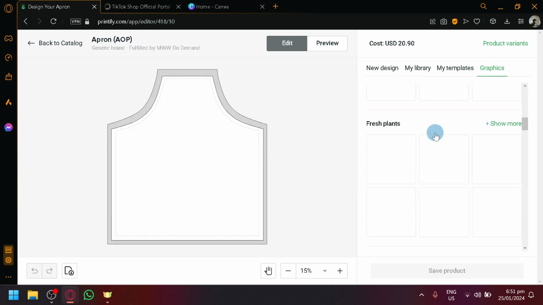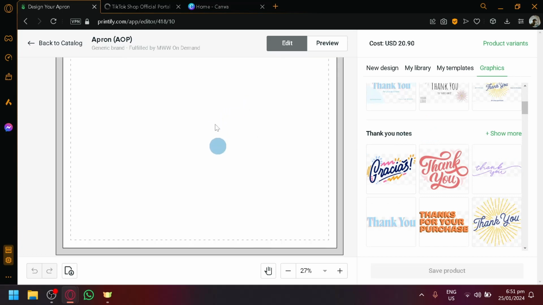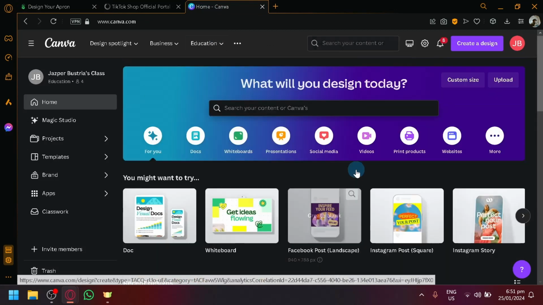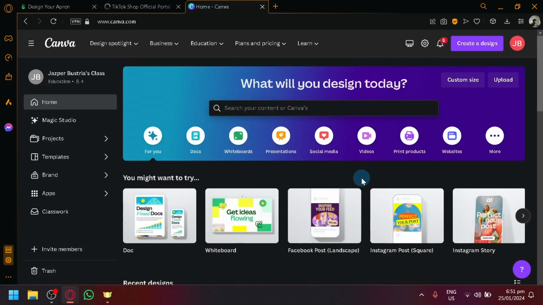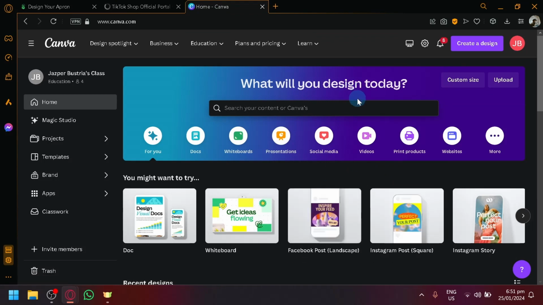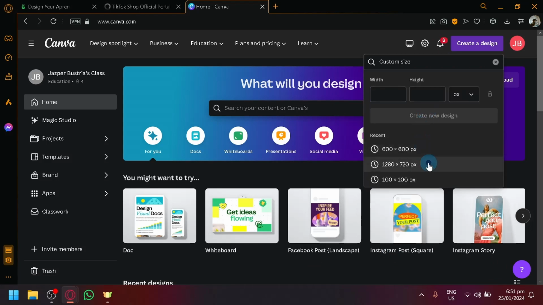Although this is a good section to create a design, I would suggest that you use Canva to design your outputs. And over here in Canva, there's a lot of things that you will be able to do, wherein you will be able to create a design from hundreds and thousands of different outputs. So let's click on create a design over here. Let's go with a random design for now. Hopefully this is